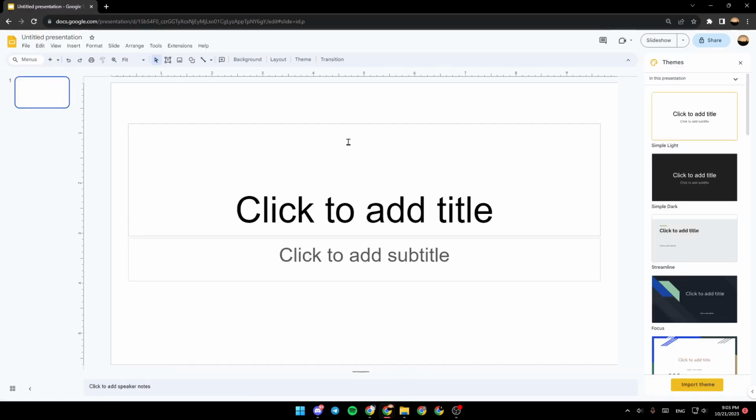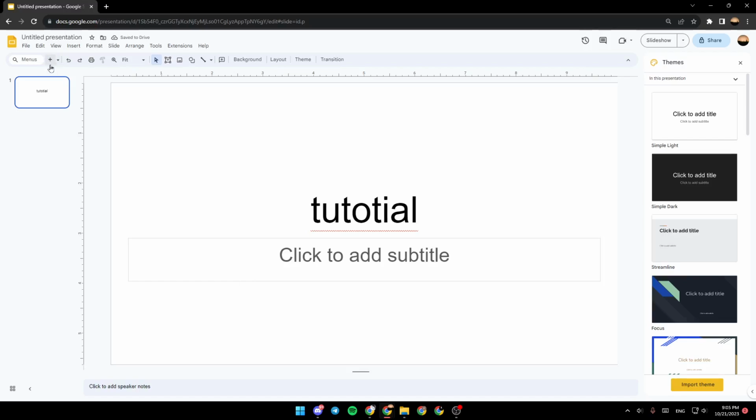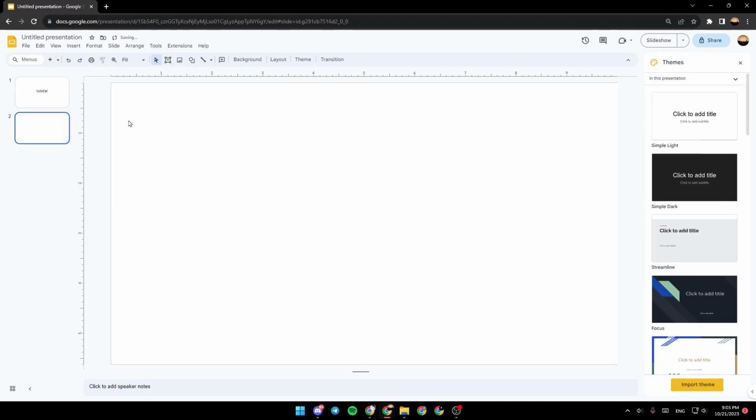And as you can see, guys, now we added a new presentation. You can add the title from here. For example, I'm going to name it tutorial. And then we're going to go right here and then click on this little plus icon, or you can click on this little arrow and then choose which type of slides you want to add. For example, I'm going to add a blank slide, and then you can go right here to the top and